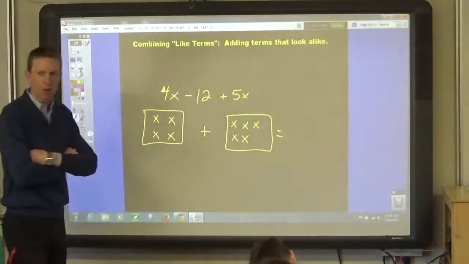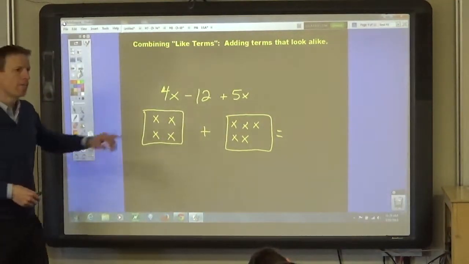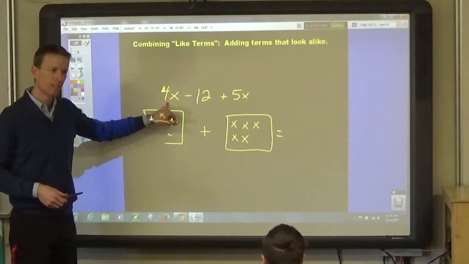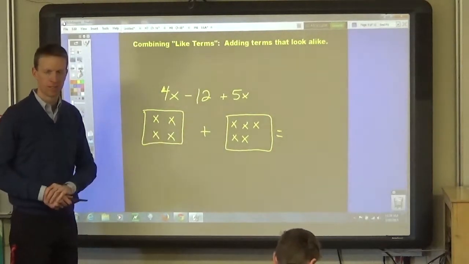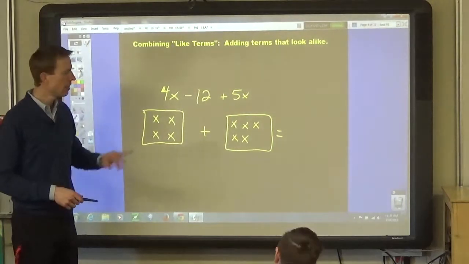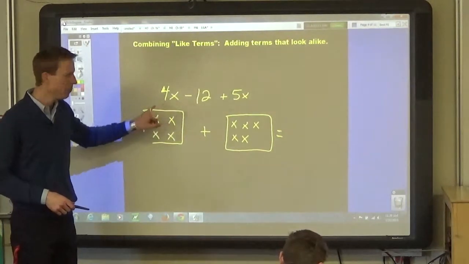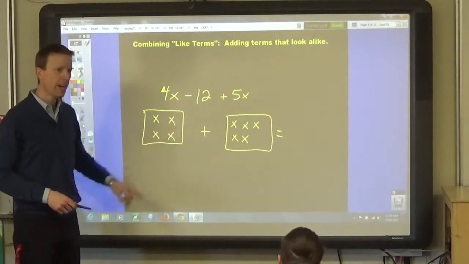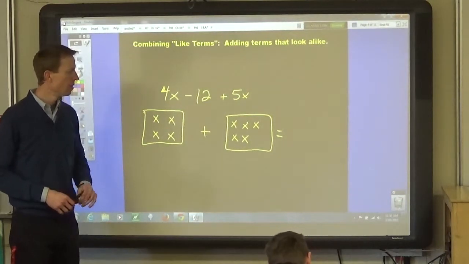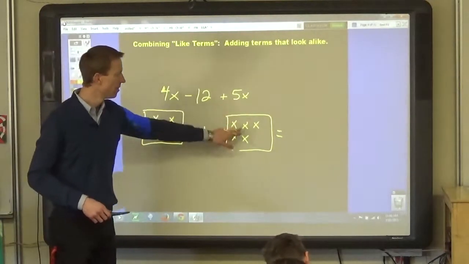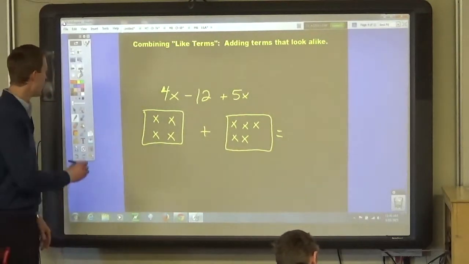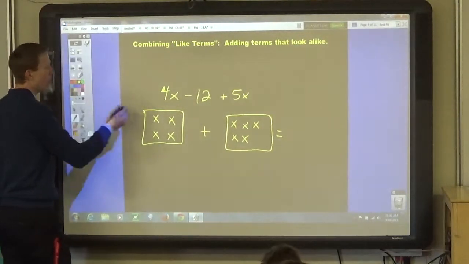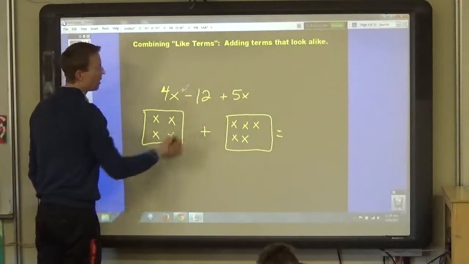Remember, I told you before that 4x means 4 x's. This expression 4x literally tells you how many x's. So then 5x means 5 x's. And because we insert a plus sign,